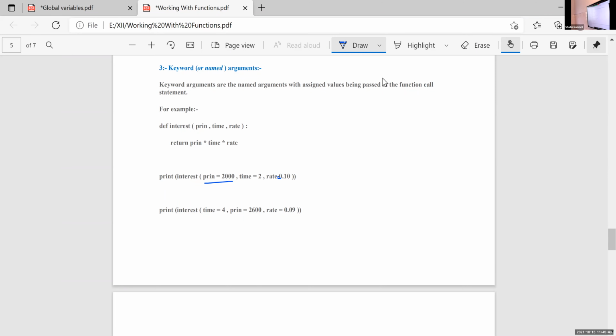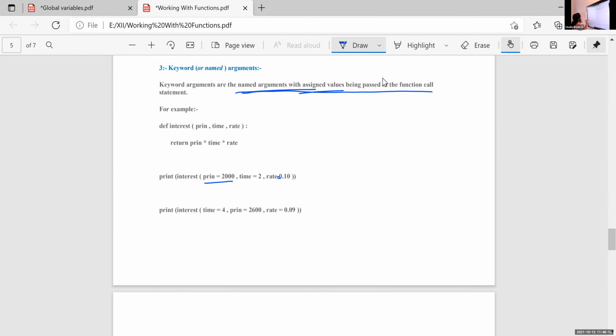So keyword or named argument means it will use the name and the value at the same time. That is keyword arguments, named arguments with assigned values. In the case of positional argument, we just use the variable name, and at the time of function call statement, we can give variable name or value, literals, or a combination of literals and variables.